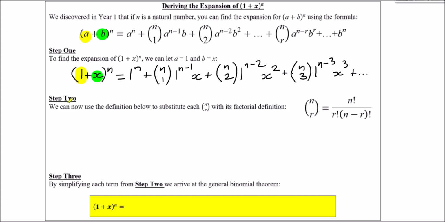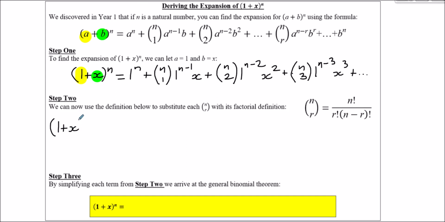So step 2, we can now use the definition for what n choose 1, n choose 2 is in terms of factorials. So again, this was mentioned in year 12. So n choose r is n factorial. So if n were 5, that means 5 times 4 times 3 times 2 times 1. Then that's divided by r factorial multiplied by n minus r factorial. So what we're going to do here, we're going to replace all these instances of n choose r with their factorial versions. So next step,